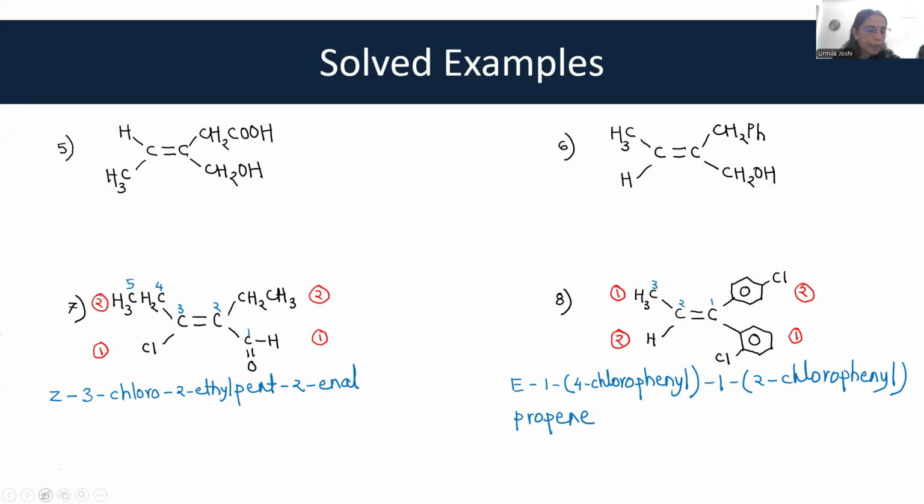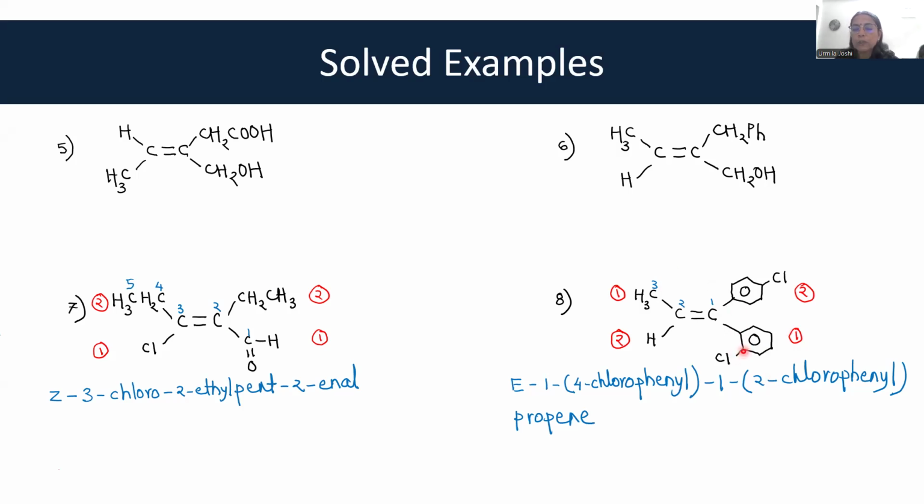At this point, on the left-hand side, the priority numbering is clear. On the right-hand side, a little explanation. The first atom attached is carbon. Okay, so it is the same. So look at the second atom attached. Now in the ring system, second atom attached can be seen in a clockwise manner or anti-clockwise manner. Wherever there is a substituent nearby, look at that.